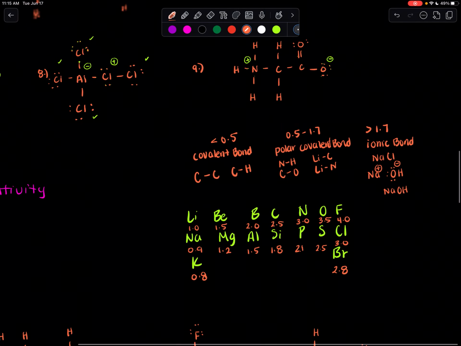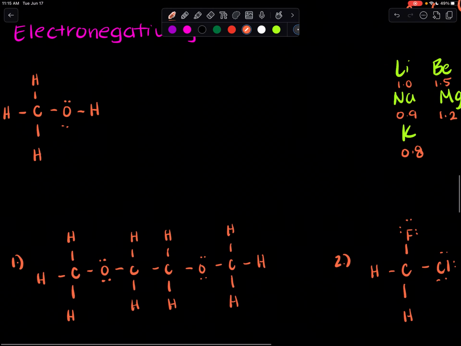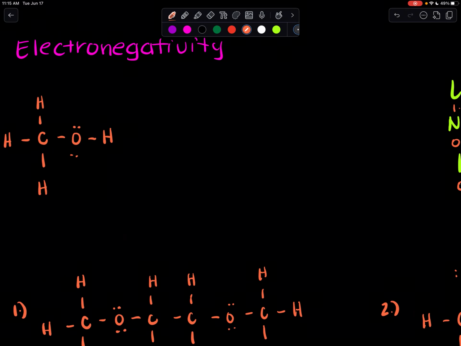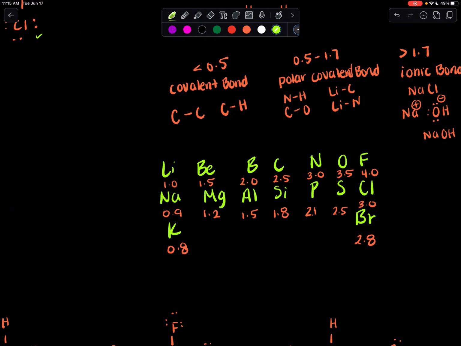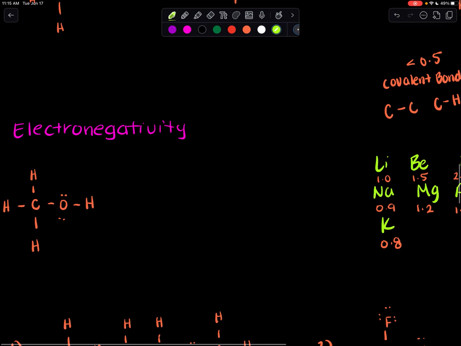Why this is important is that you're going to want to know how to classify partial negatives and partial positives. So if we were to identify the types of bonds based on what we just learned, where would our polar covalent bonds be then? In this structure here. So between carbon and oxygen, that is a polar covalent bond. So it would be right here